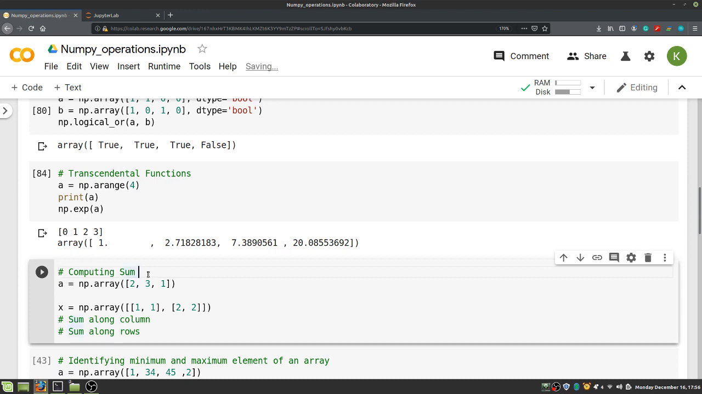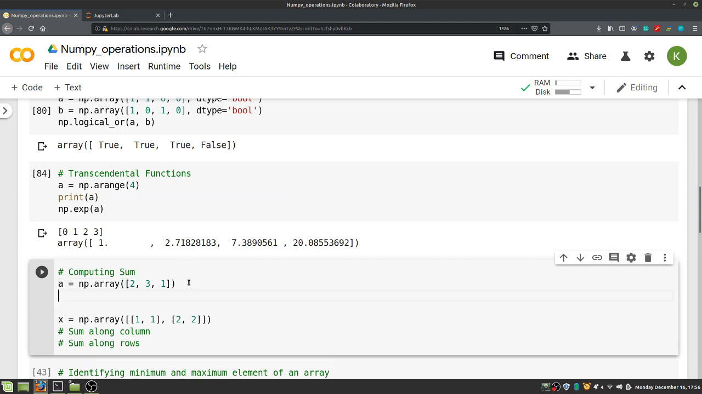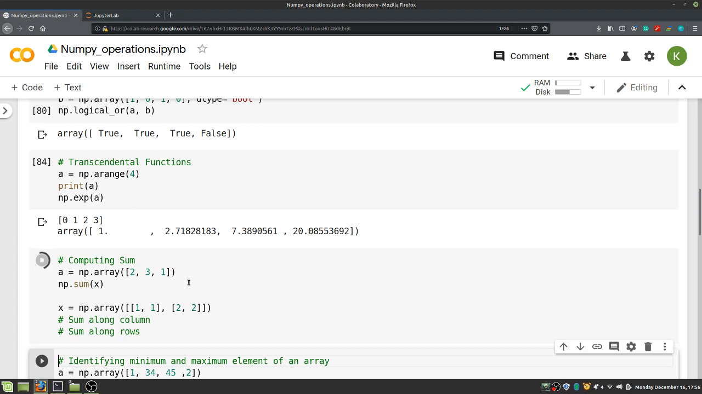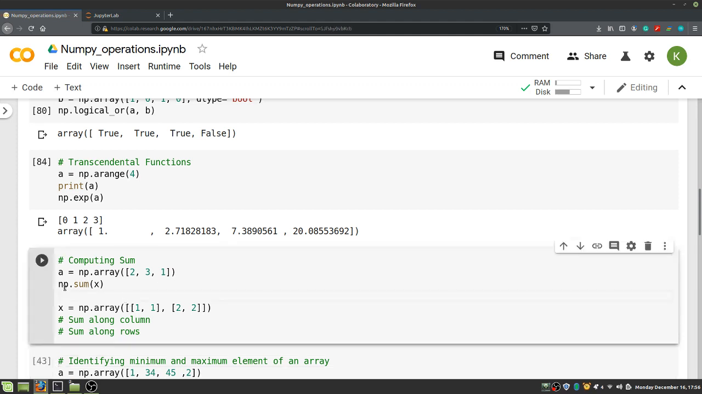Now let's see how to compute a sum of an array using the inbuilt functions in NumPy. So here a is equal to np.array, that is 2, 3, and 1. So we have an array 2, 3, 1, and I want to compute the sum here. So what I can do is np.sum x. So if I print this,